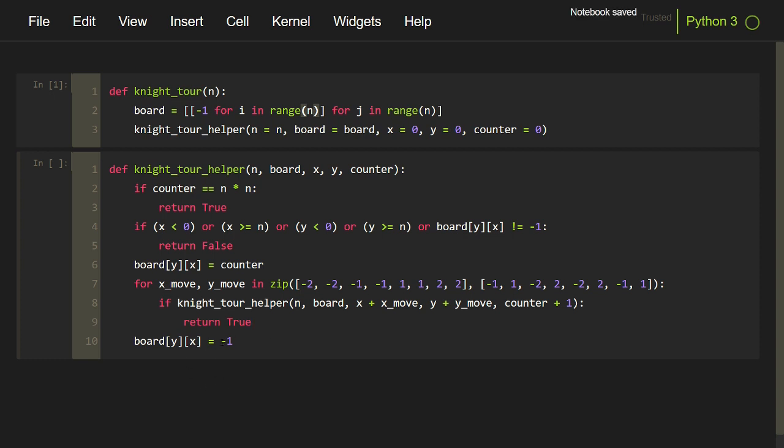So we will again mark the current cell, the y x cell, to -1, so that we can try other possibilities. And as we know that all the possibilities after this do not reach the destination, we can return false. That is, there is no path from this current y x and counter configuration that can reach the destination. So this is all we need to write for this knight tour helper function.